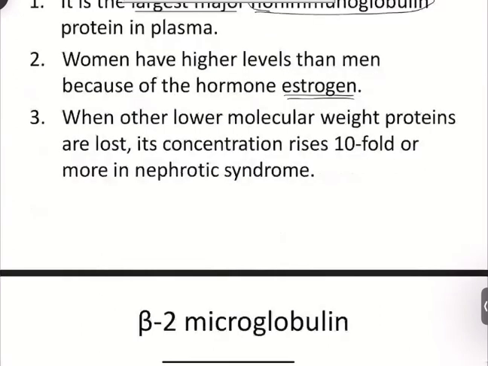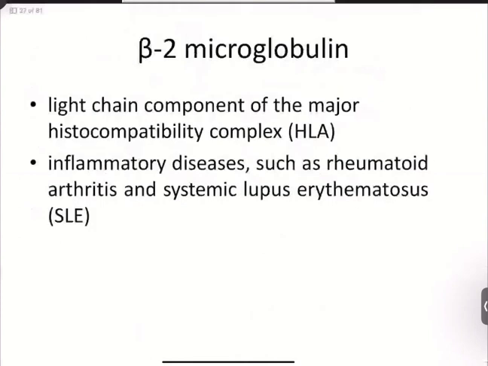Beta 2 microglobulin. This is a light chain component of your major histocompatibility complex, or your HLA, na pag-aralan na natin sa inyo. Inflammatory diseases such as your RA, rheumatoid arthritis, and SLE, systemic lupus erythematosus, can have increased amounts of your beta 2 microglobulin. Why? Because they have, you know,